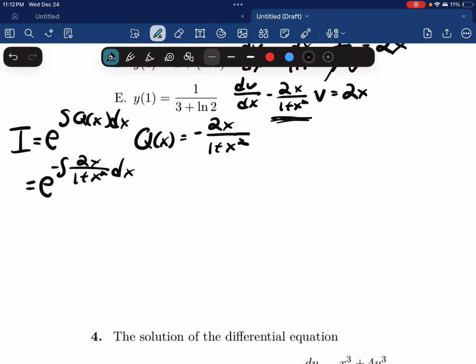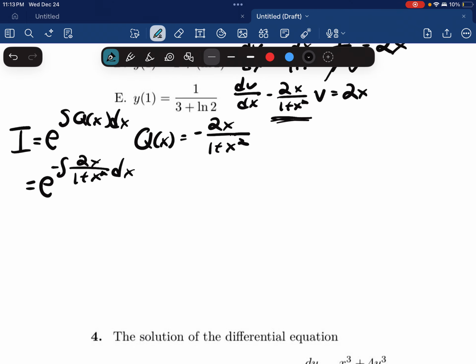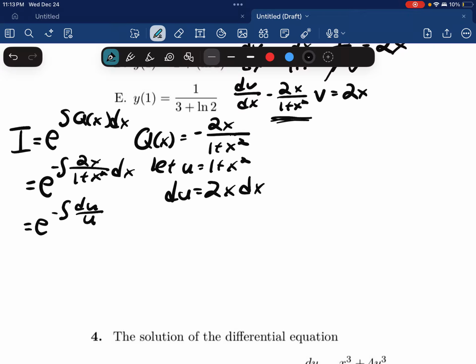Since negative 1 is a constant multiplier, we can just pull it out of the integral. Okay, now let's use a u substitution. Let u equal 1 plus x squared, and if we differentiate both, du is equal to 2x dx. Okay, so that means we can rewrite this integral as negative du over u, which is just e to the